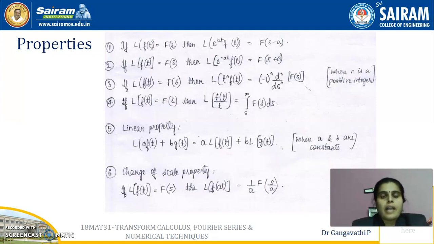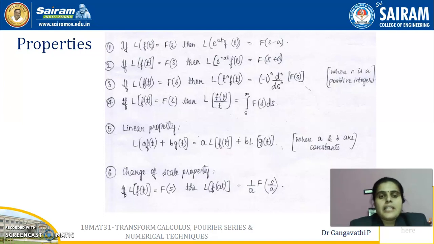So here Laplace transform of f of t is F of s, and if that is the case, then Laplace transform of e to the power of at into f of t is F of s minus a. It means that you have a function f of t and you have found its Laplace transform. The resulting answer will have only s along with some constants. So if a function f of t is multiplied by e to the power of at, any exponential term, then straight away in the Laplace transform, you can just replace s by s minus a. So in one step you will get the answer.